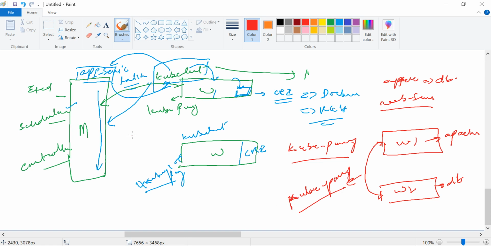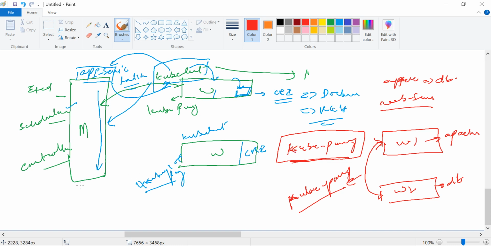It's actually like the networking part. Anything in the cluster networking takes part via the kube API. If anything needs to be communicated between the clusters, it should be done with the help of the kube proxy.